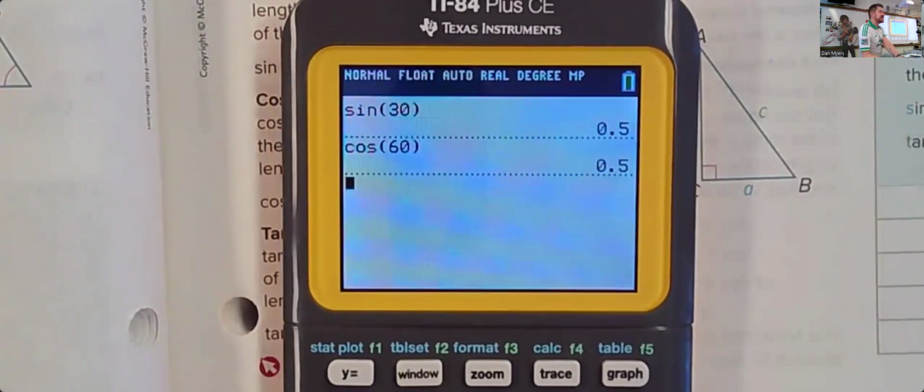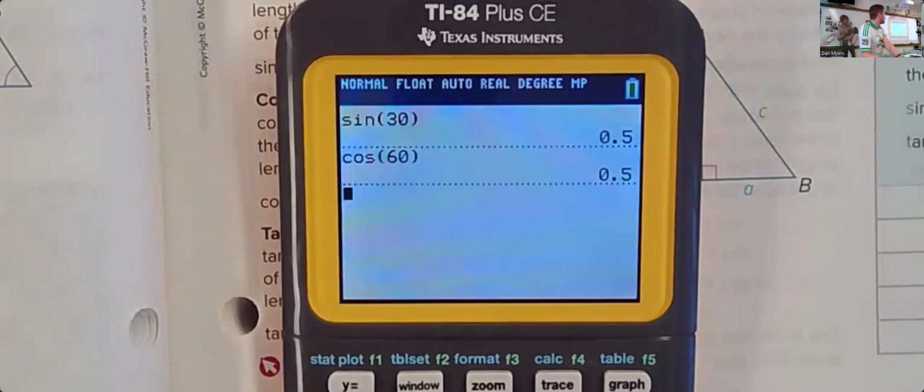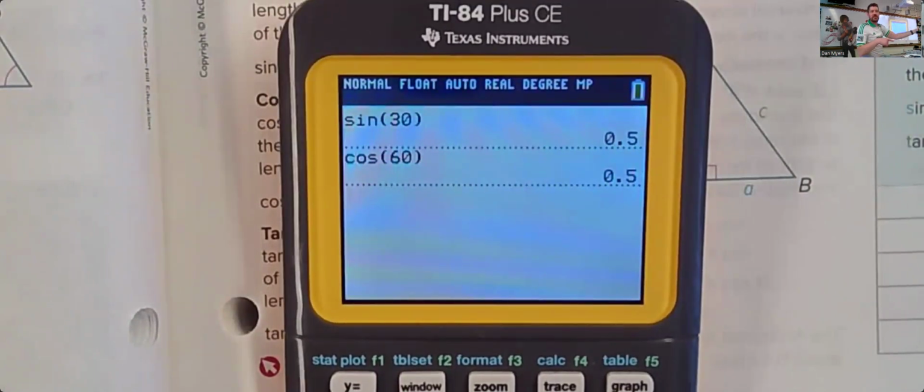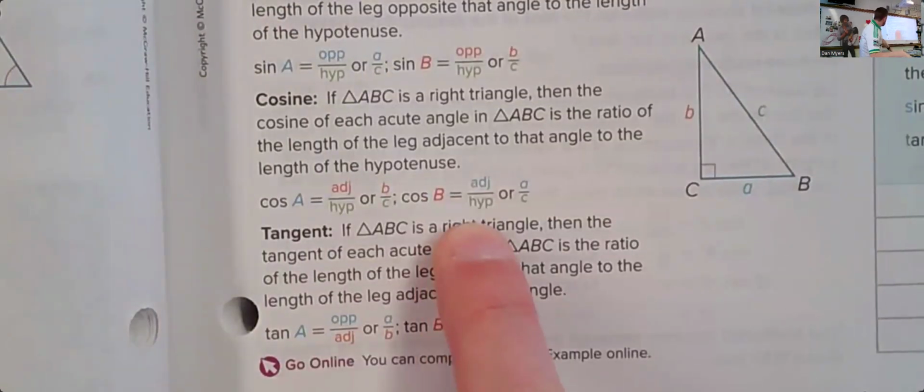Because you're comparing the same two side lengths, but you're comparing the same two side lengths from a different vantage point. But it's still comparing the same two side lengths. Because if A is here, and the adjacent side for A is here, and the hypotenuse is here, the adjacent side for this angle up here is the same as the opposite side for this angle down here, across, opposite, adjacent. So it's all a matter of perspective,